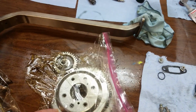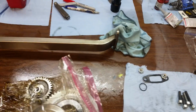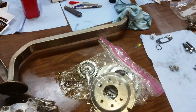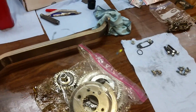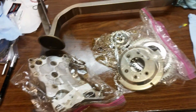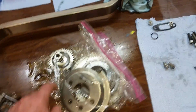This little wheel is for the cam sensor, and then the pulleys go on the crank. Oil pump, which I got a new oil pump, and the pulley for the pump, and then the pickup tube. So I got a new gasket, new O-rings for the pump and the pickup tube. The stuff will be torqued down properly,